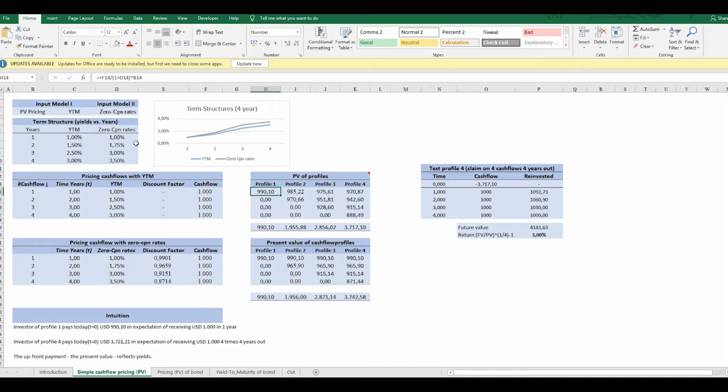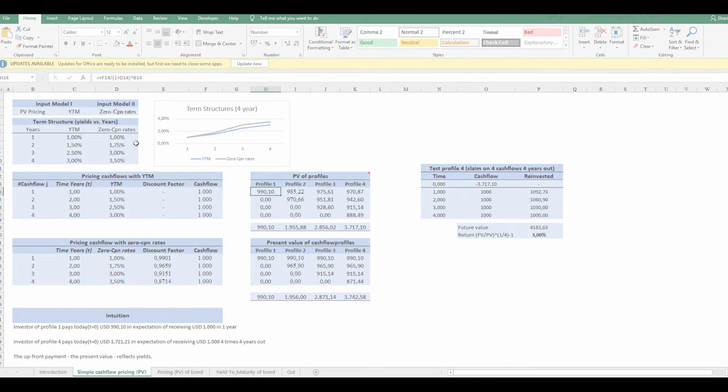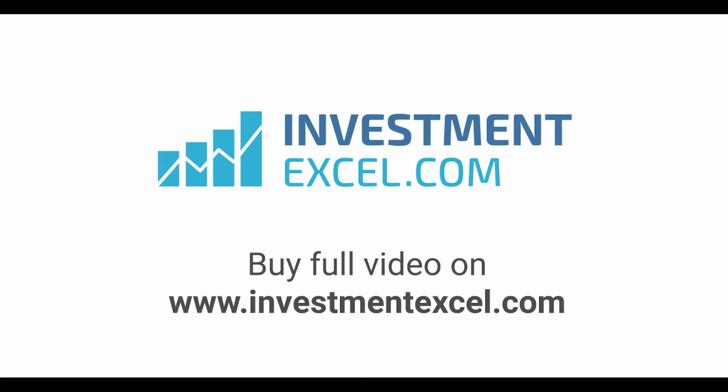And the return that he wants is the yield to maturity on year 1. So 1%. That's the required return for investors buying this product. So what we do is just discount the 1,000 by 1 plus this one, lifted to B14, which is just the time period, so we discount it. So if you inverse it, you will see that you get a return of